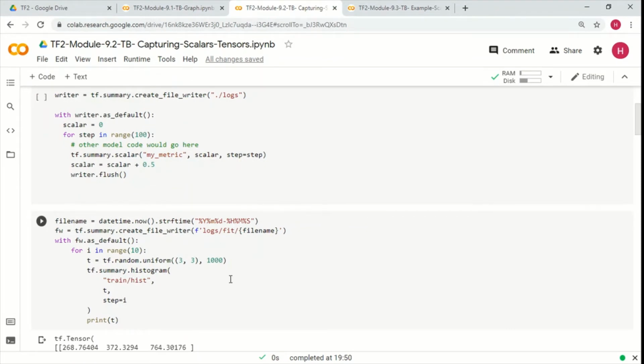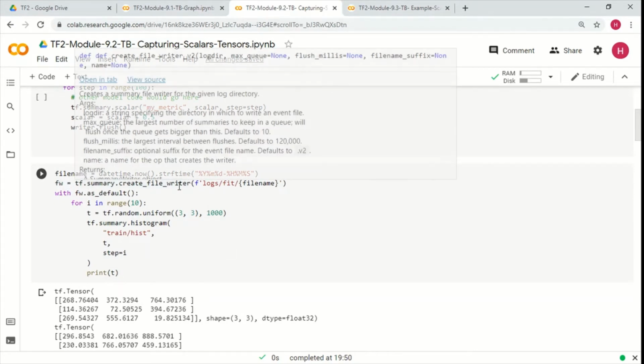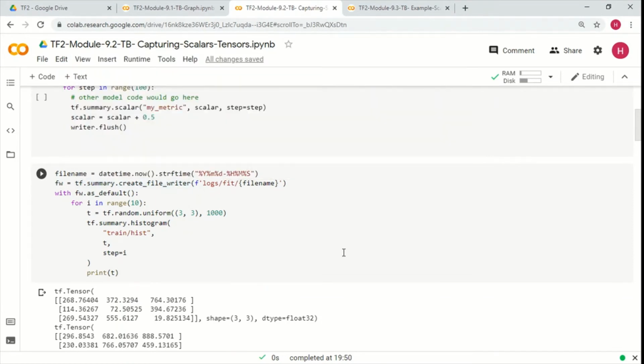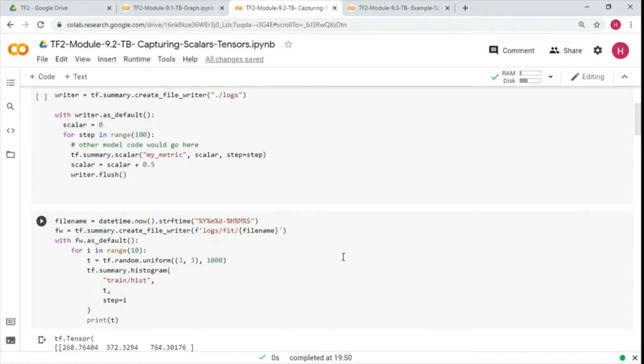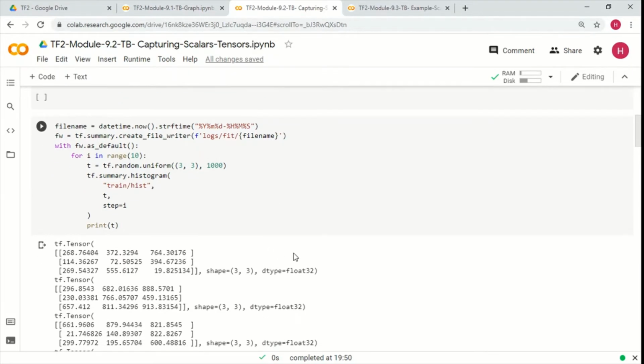Now what if I wanted to log a tensor, right? So the same thing, I create a writer here again. Okay, so here it was logs, here it is fit. Slight difference in the directory. And then with this particular writer as default, we set up a loop here. We create a tensor of shape 3 by 3 with 1000 as the maximum value, and then we use this API